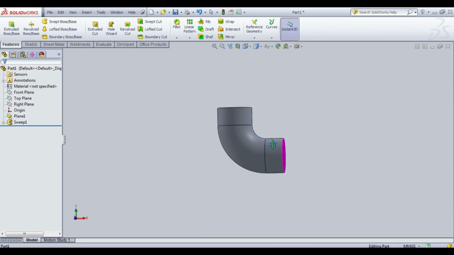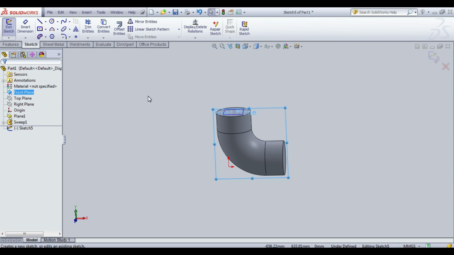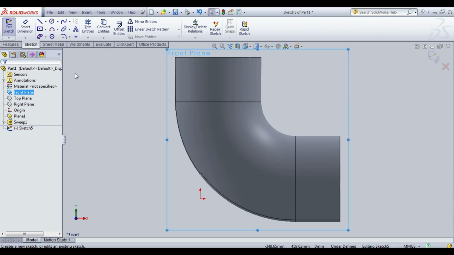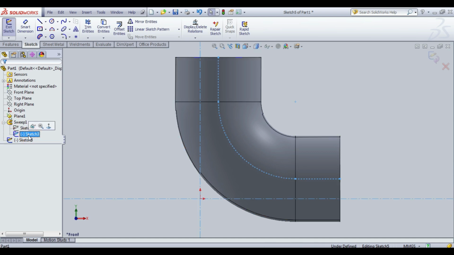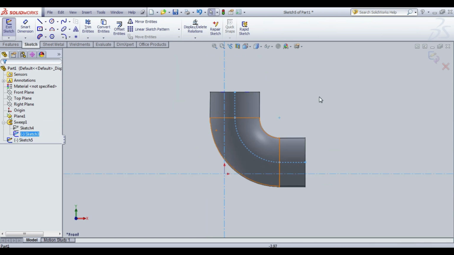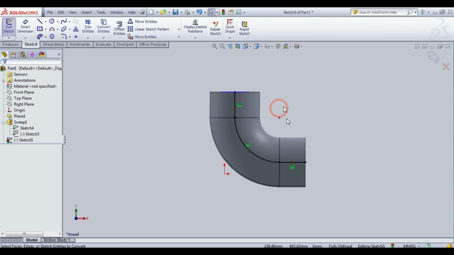After that, again go to the front plane. First, click on the swept area. Click on sketch 3 because it is the path of the line. Click it and click the convert entities. Yeah, get that.